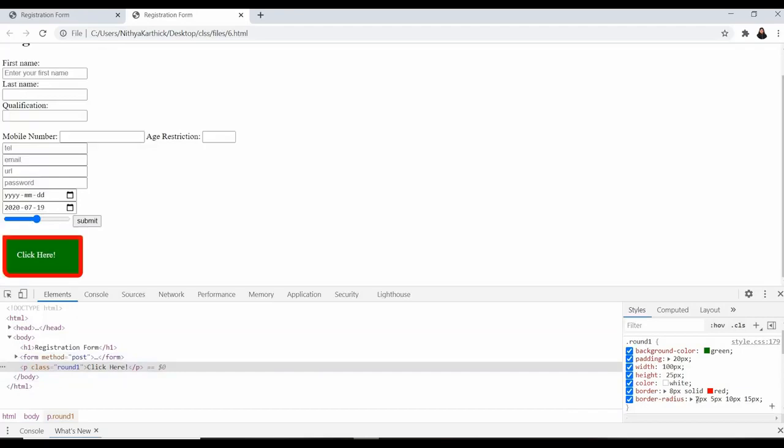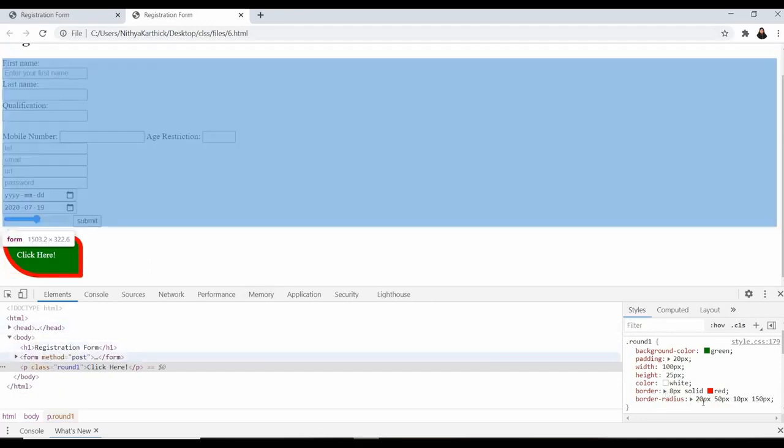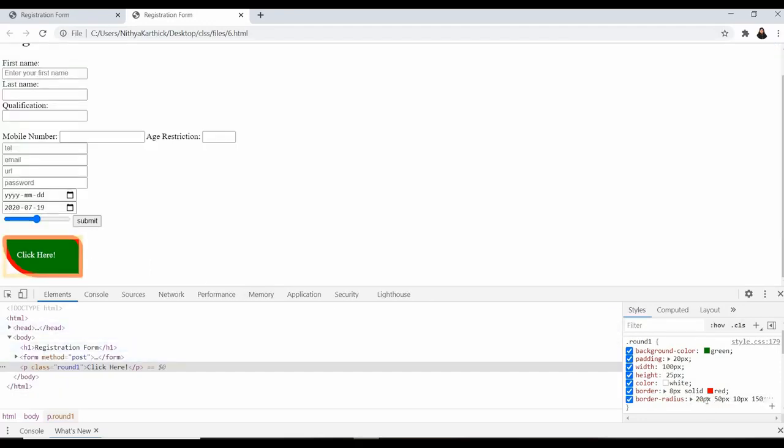If I increase this as 20, this as 50, this as the same 10, this as 150, right? So according to the values which are given, it has been altered.